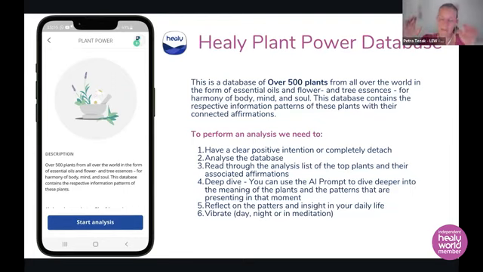I'm not going to do a live scan today because with the 553 I've noticed it takes a while before it scans. So I did a scan, and I'm going to give you a presentation of a client, and I'm going to give you a whole scan. I'm going to take you through it. We're going to look at all the affirmations, and I'm going to give you insights into those plants, and then show you how you can do that for yourself, so you can go deeper into each plant and extract the patterns that are coming up from that scan, so you can have a deeper insight of what's really going on for yourself.